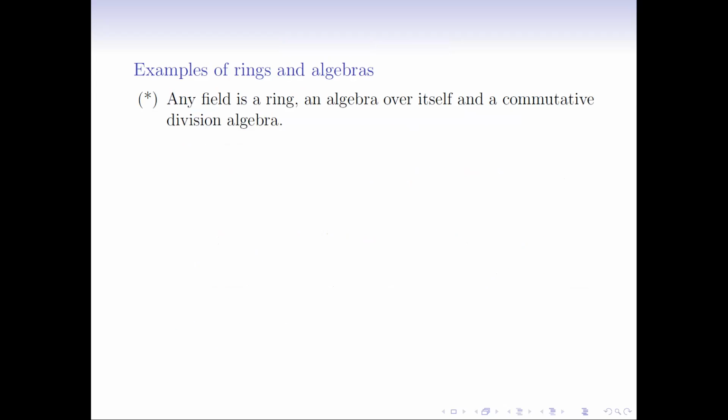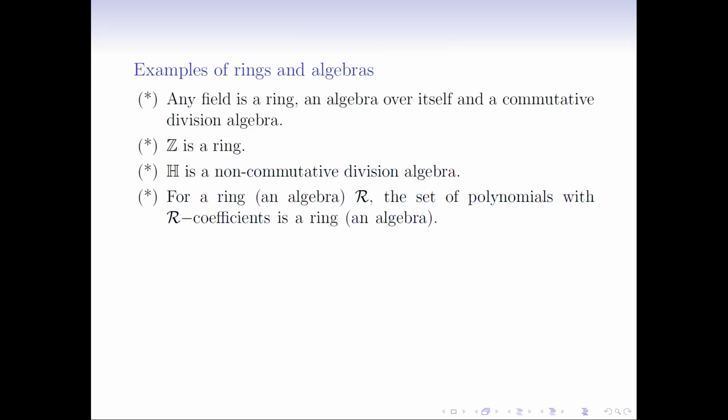So let me give a few examples of rings and algebras, and we'll have a lot of them afterwards. Any field is a ring, and any field as an algebra over itself is a commutative division algebra. It is a division algebra because every non-zero element is invertible. It also is commutative because a field is commutative by definition. The integers form a ring. No, the natural numbers are not a ring because it's not a group with respect to the summation. It's a semigroup. Quaternions, which we considered last time, are a non-commutative example of a division algebra. All non-zero quaternions are invertible.